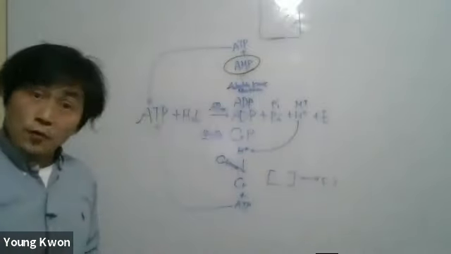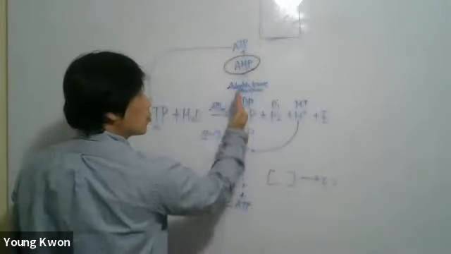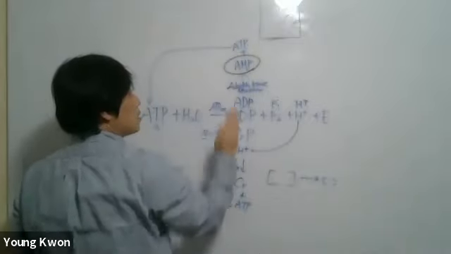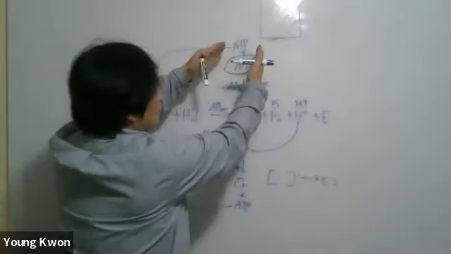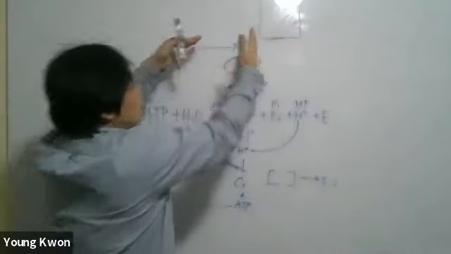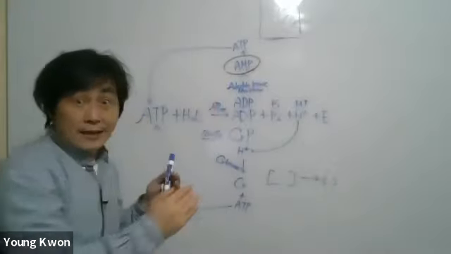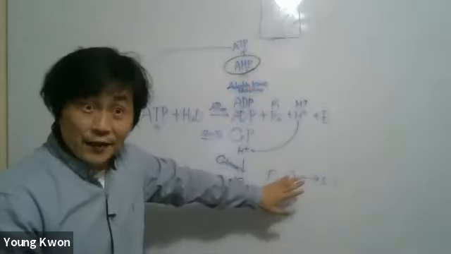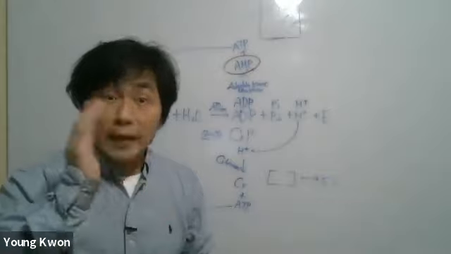This reaction should go this way to resynthesize more ATP. But if this AMP is accumulated, so the product is increased, we cannot go in this direction. So based on the mass action effect, AMP should be gotten rid of, but this AMP is